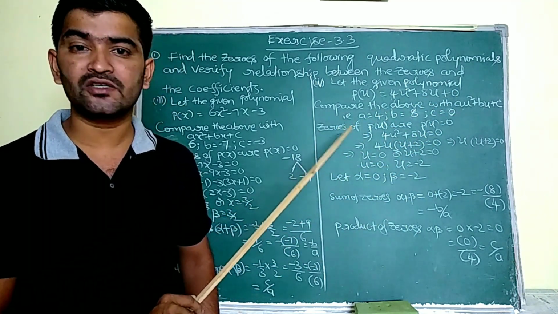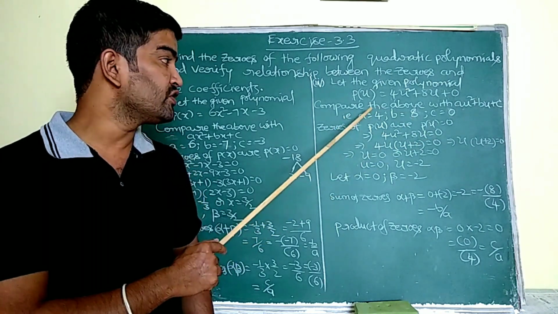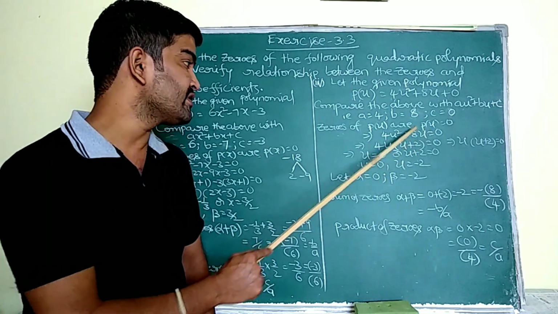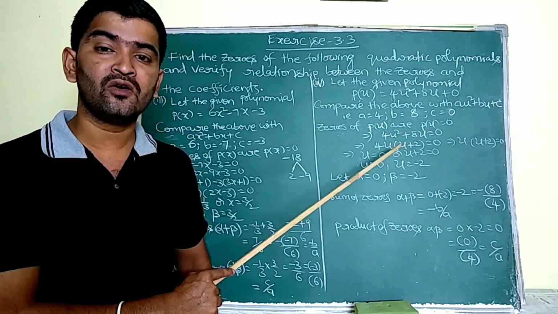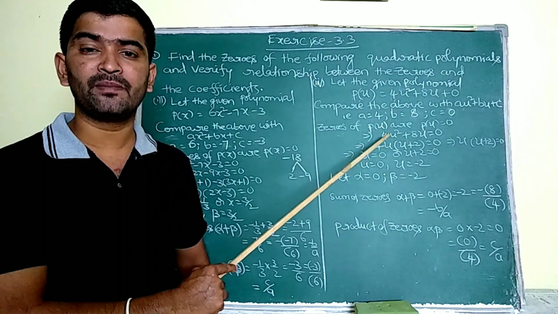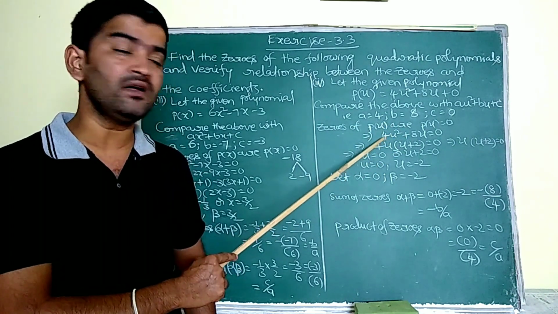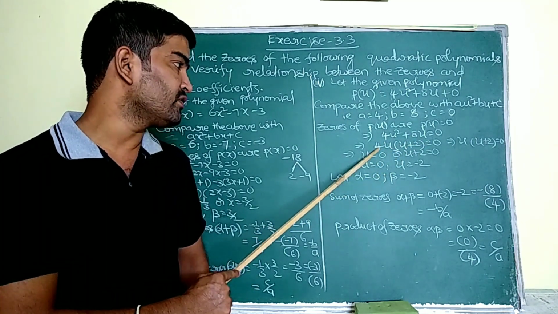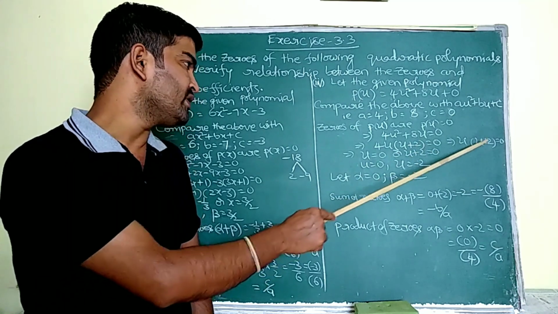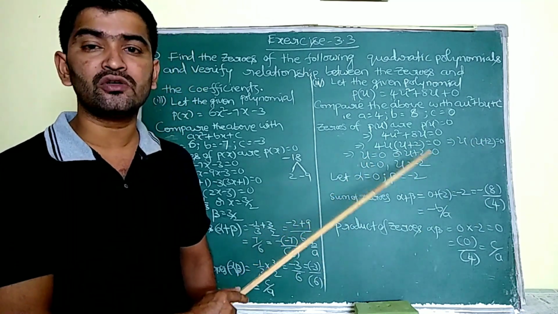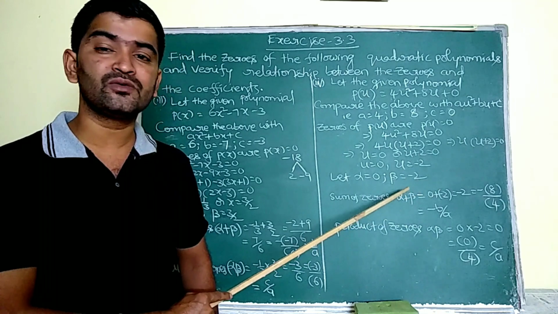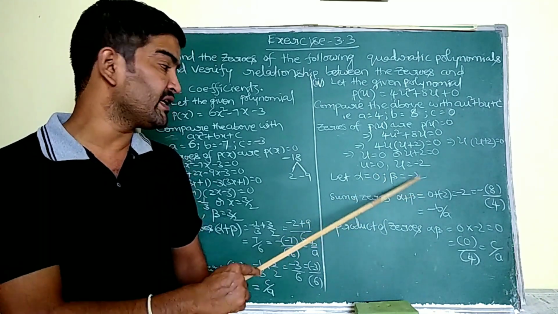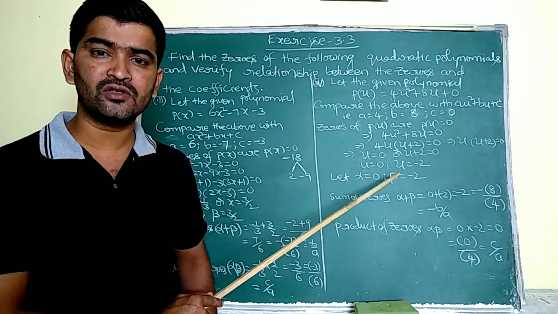Now we have to calculate the zeros of the given polynomial p of u. So zeros of p of u are p of u is equal to 0. So 4u square plus 8u is equal to 0. Here no need to split the middle term because directly we are going to take out 4u as common. 4u into u plus 2. So send this 4 to right hand side, then u into u plus 2 is equal to 0. Then u is equal to 0 or u is equal to minus 2 are our zeros. So alpha is equal to 0 and beta is equal to minus 2 we are going to consider.